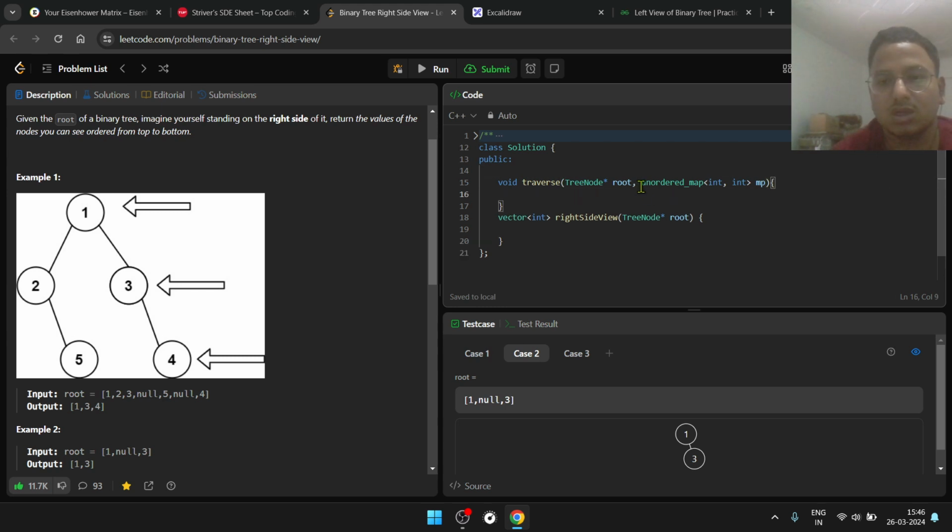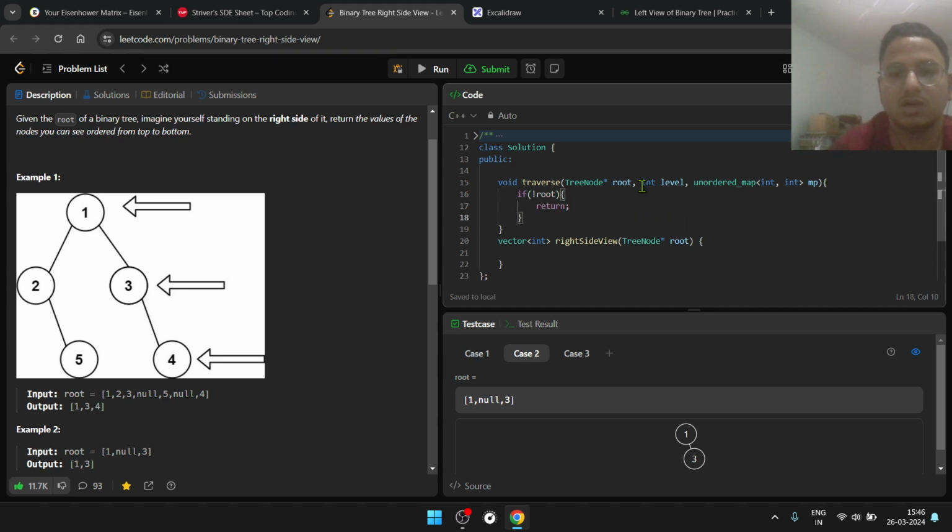Of course I'll also have a parameter for level, which will denote the current level. Here, if the root does not exist, then I'll simply return. Otherwise,